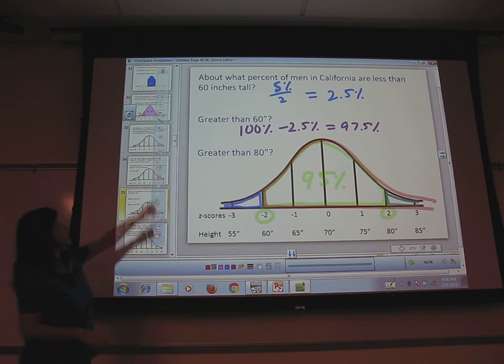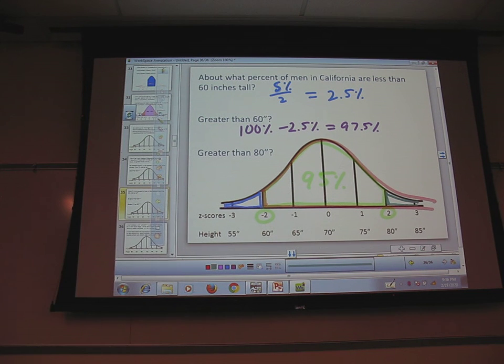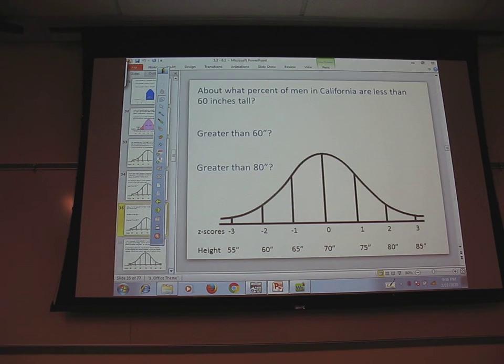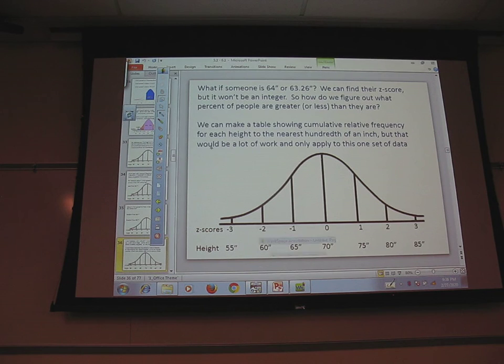So the other way of finding greater than 60 inches, you could have taken this 2.5% if you realized it was that, and then added it to 95%. That was the other way that people found that one. Okay. Good. Now,